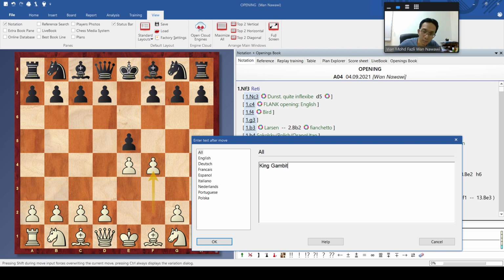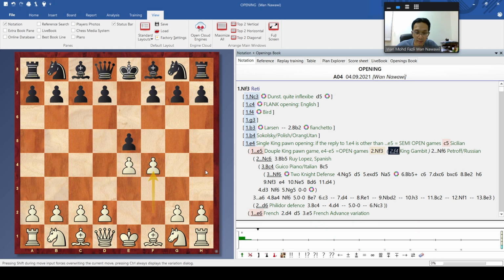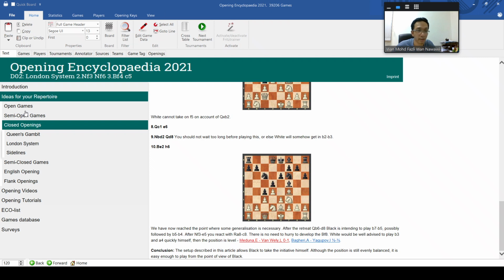King Gambit. Okay, what did I say about this opening? This line is not really good, right? But this opening is quite respectable. Long time ago, in the early days, this king gambit was quite normal. But nowadays, you don't really see this king gambit anymore because of this weak square, and modern players know how to play against the king gambit. But if you don't know, then it's quite problematic also.